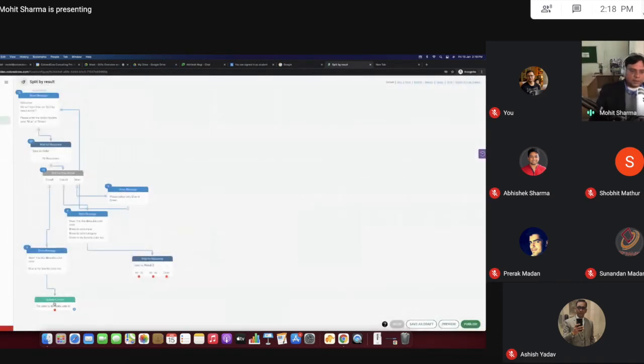The update contact node saves that data into the BigQuery database, and then you can access it in another flow. Okay.